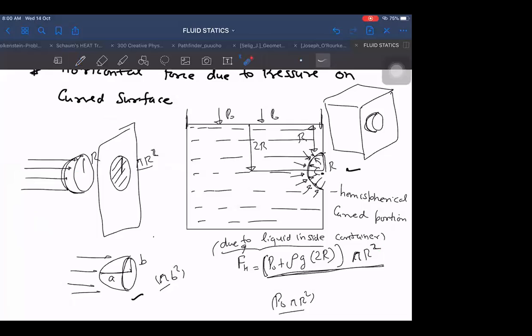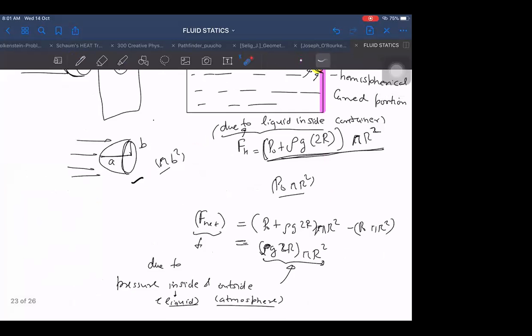Again, assume a container with vertical walls only, not such walls. Then whatever is the force acting on that solid hemispherical object, the same will be on this portion also. And how to find it on the solid hemispherical object? I told you the rule: assume there is no solid hemispherical object, but instead it is completely filled with the same liquid everywhere. Then the free body diagram of this liquid portion will be